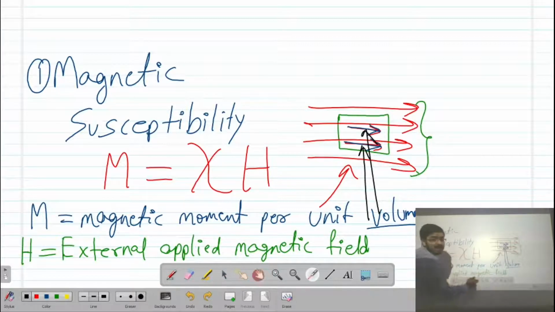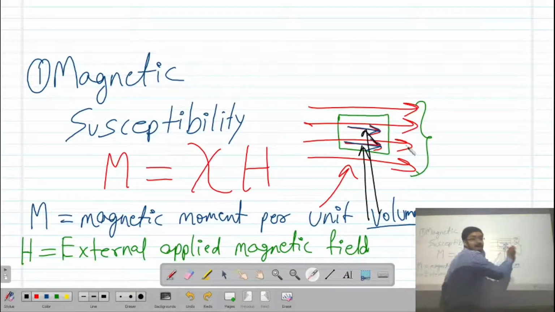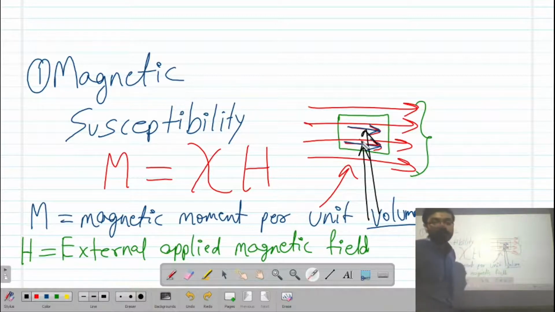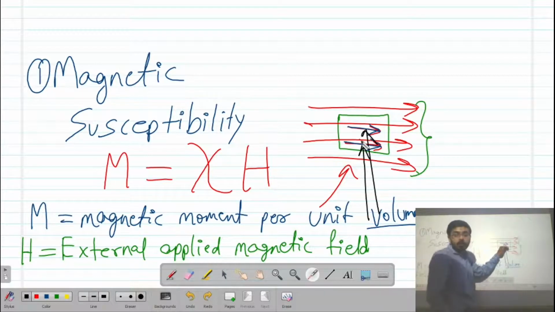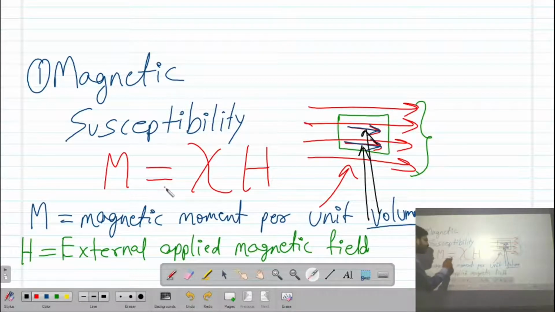This red one is H. This black and blue one inside, the induced one, is the magnetic moment per unit volume, that is M, which has been oriented in the direction of the external applied magnetic field, right?